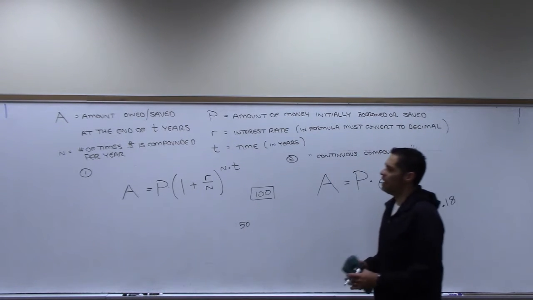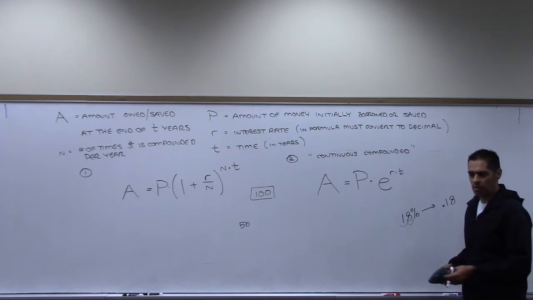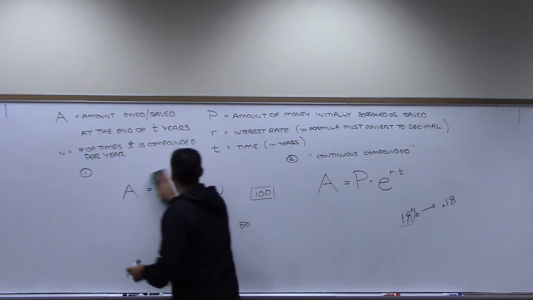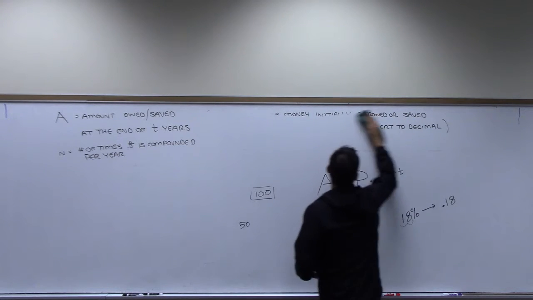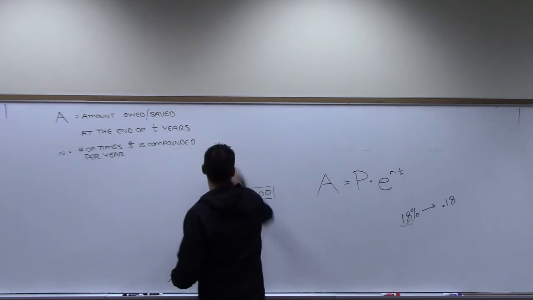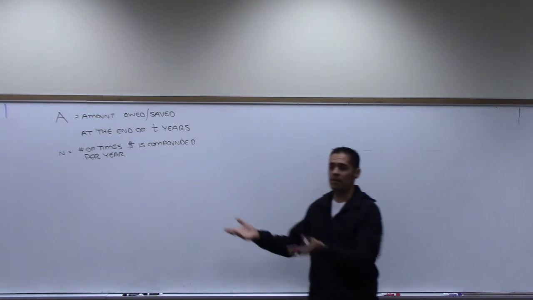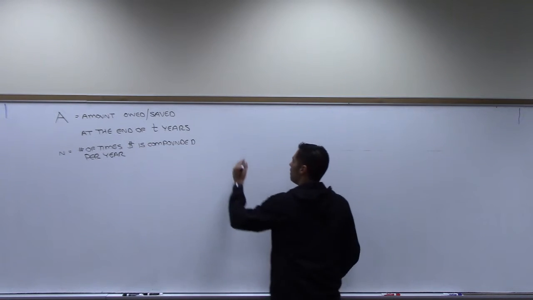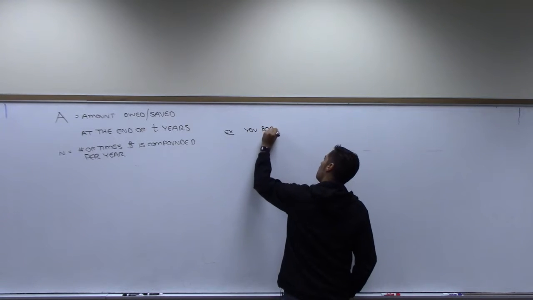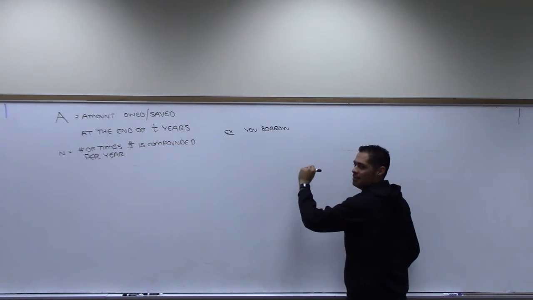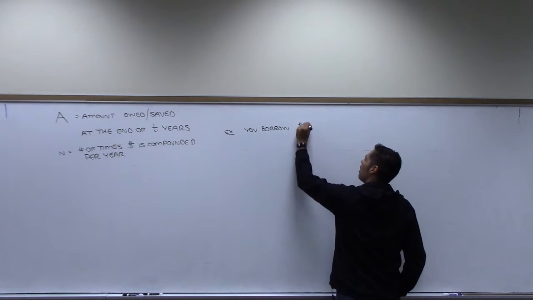All right, we're going to do an example. We're going to figure out how much money you would owe at the end of a certain amount of time if you took a credit card. So let's try this. You're going to borrow money. Now, this formula is not going to be perfect because we're going to assume you're not going to make any payments. We're just going to say, how much would you owe at the end? So the example is this: you borrow, how much do you want to borrow? $1,500. Okay, you borrow $1,500